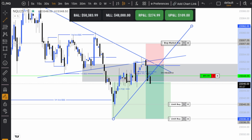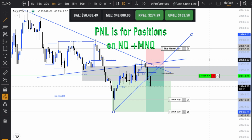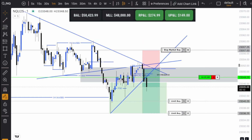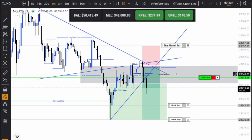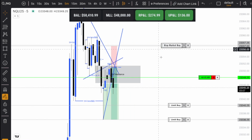So we're currently trading in the Asian session. This will be the last trade of the Asian session that I take. We're on our account that we are trying to pass quickly. I'm probably going to trail one of these stop losses very soon, but basically the trade setup right now is